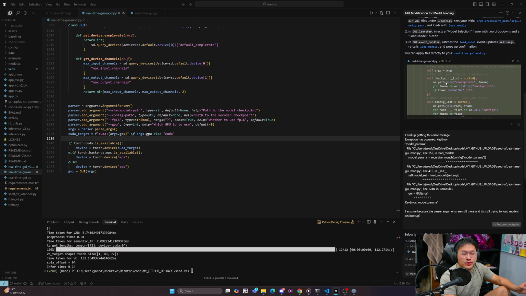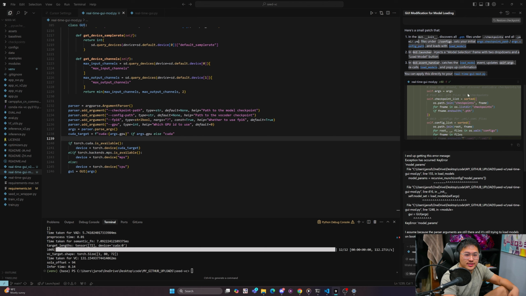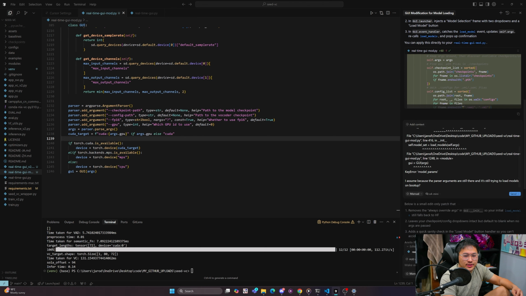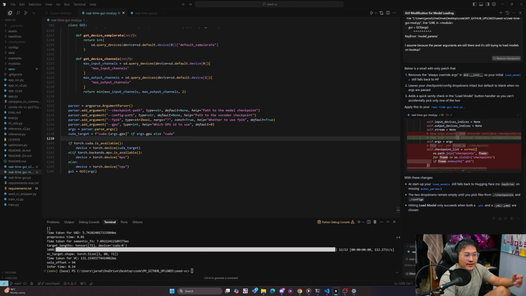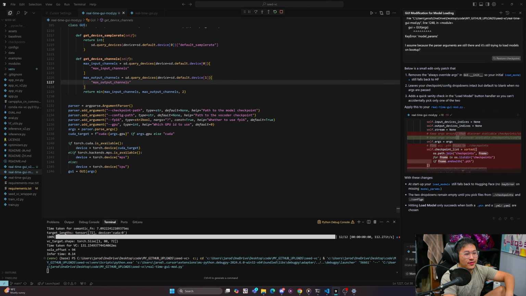So you can see what the model is returning, accept the changes, and then just run it. I had one exchange here, ran into another error, and then allowed it to fix that,